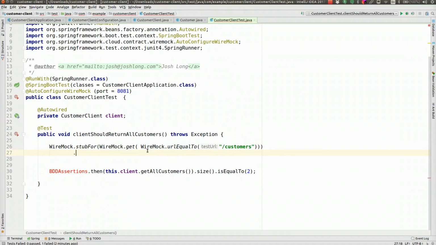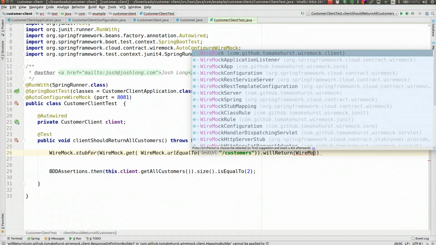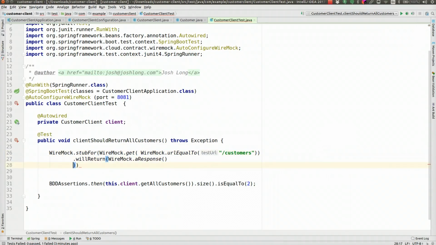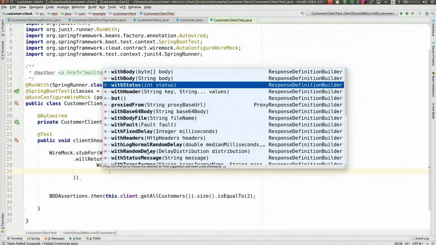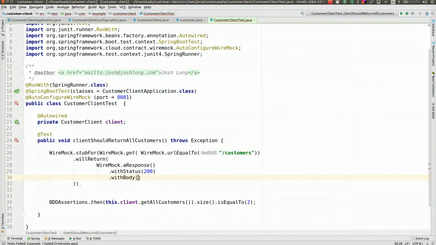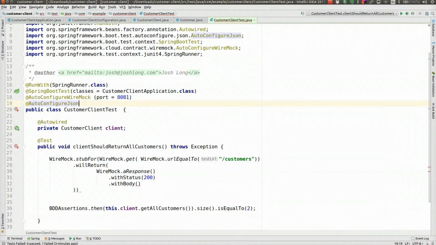We're going to now return a response, WireMock.aResponse, and the response will have a body. It'll have a status code of type 200 naturally, because it's going to be great, and we're going to have a body. And now we could pass in a byte array, we can pass in a string, and this is where it becomes very useful to have the support for testing JSON inside of a Spring test framework,